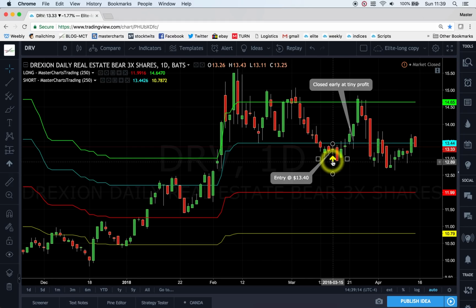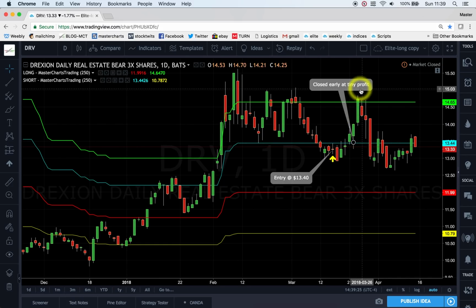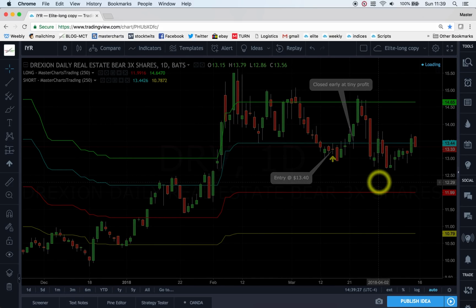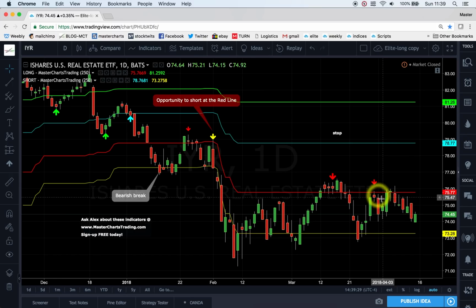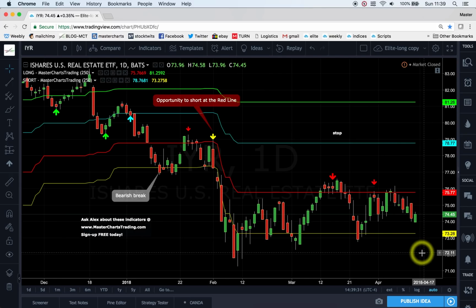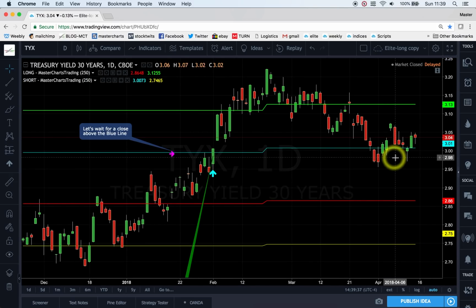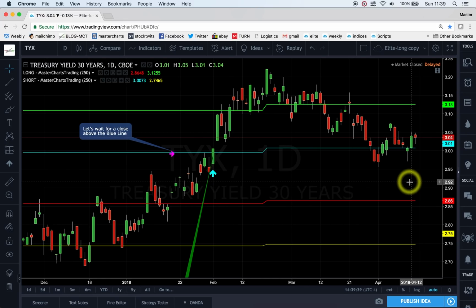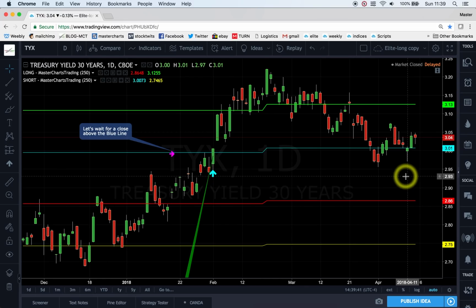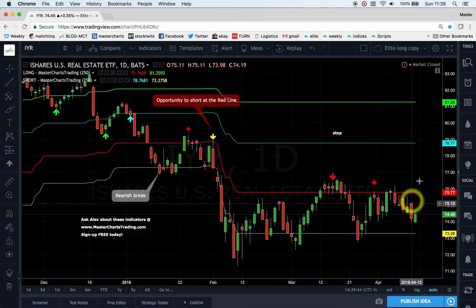So you can see that I had an entry at 13 bucks. Actually, it went in my favor, but because of this volatility, I got stopped out just above my entry at a very tiny profit. But you can see that it went higher afterwards. So right now, real estate seems to want to go lower, but if interest rates decide to drop, in other words, bonds will gain, then real estate again could rally from